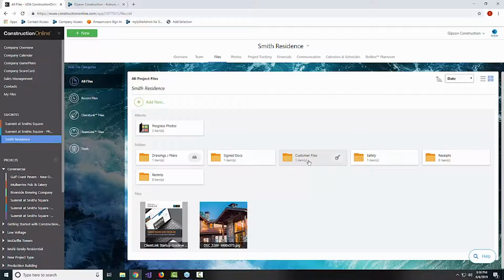And then if you wanted to take something like the ClientLink startup guide that we have down in the lower left corner and drag it and drop it in and share it with the customer too, all you have to do is exactly that. Click and hold on the ClientLink startup guide, drag it up to and drop it in the folder, and again, it's automatically available to our customers now. If we needed to add extra things, drag and drop them in there, move folders in there, and it's all